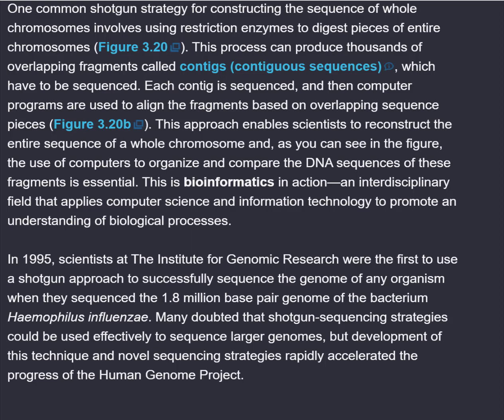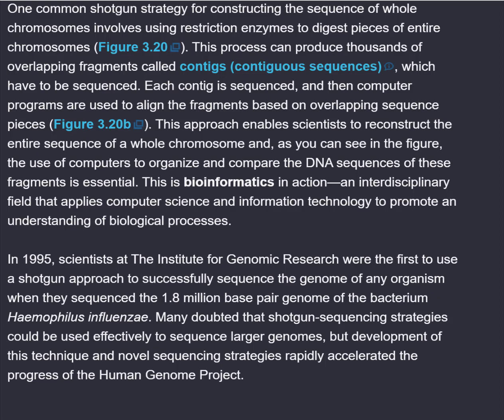This approach enables scientists to reconstruct the entire sequence of a whole chromosome and, as you can see in the figure, the use of computers to organize and compare the DNA sequences of these fragments is essential. This is bioinformatics in action, an interdisciplinary field that applies computer science and information technology to promote an understanding of